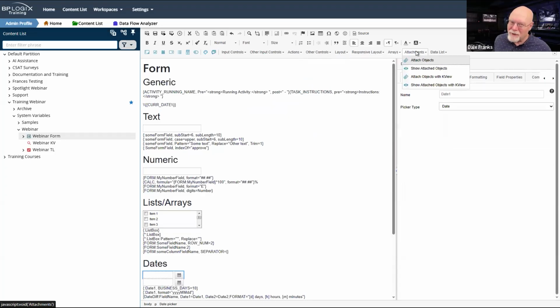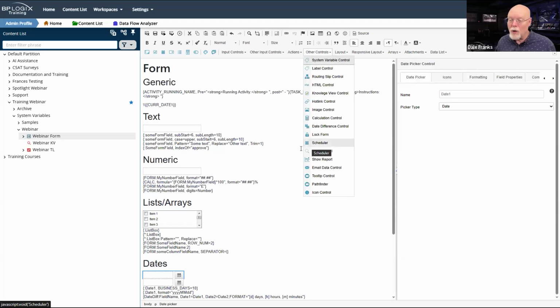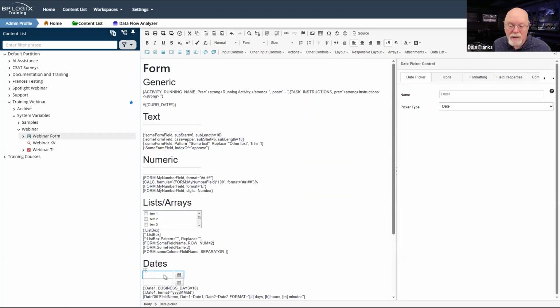So when we talk about system variables, we're going far beyond just controls. Technically, I don't need to use any of these UI controls at all. Technically, I can just type in the form control tag. In fact, in our documentation, we have an entire topic on all the control tags. And indeed, when it comes to dates, there are some times where for some of the things that you might want to do, you have to use the control tag.